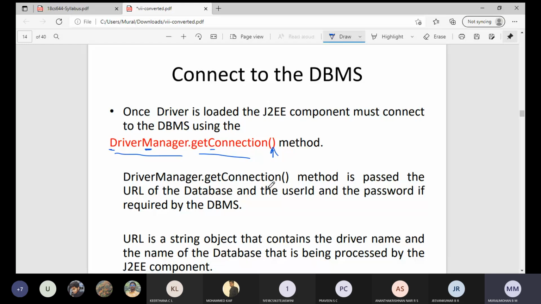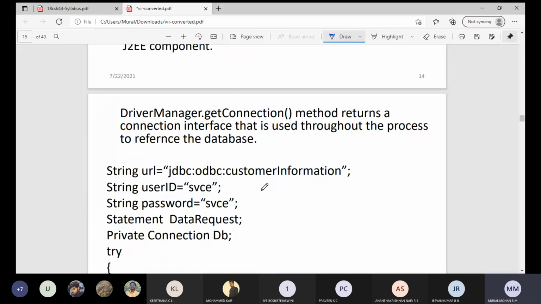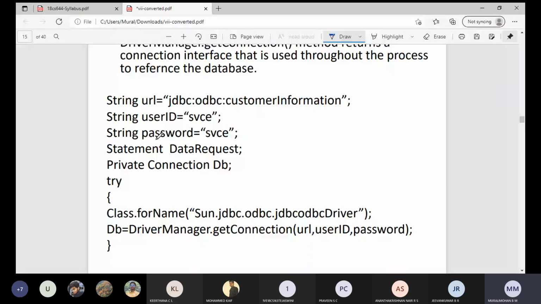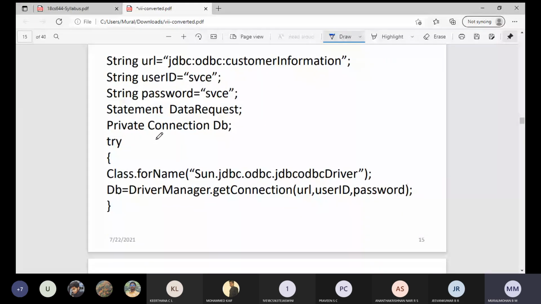I hope it is clear now. This is to load the drivers, right? So first step, we should load the drivers, then establish the connection. To load drivers, we use Class.forName, and here we give the URL of the drivers. Next, we use the DriverManager.getConnection method, and here we pass the URL, the user ID of the database,